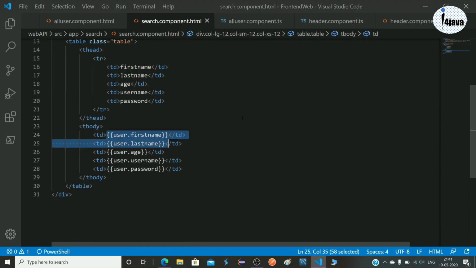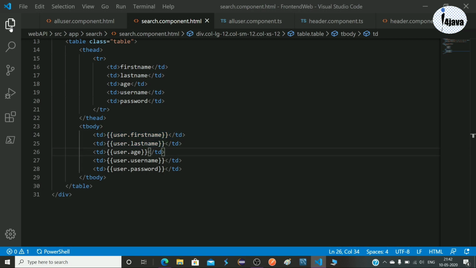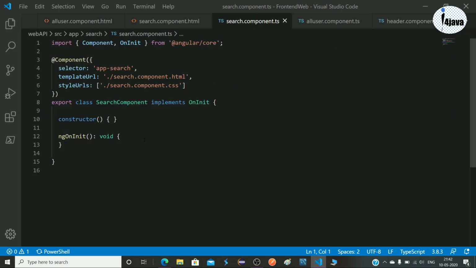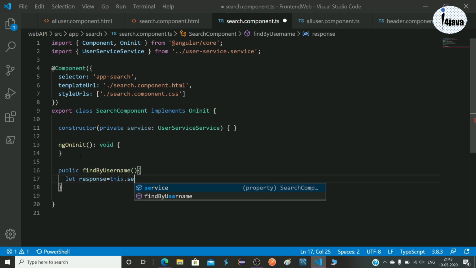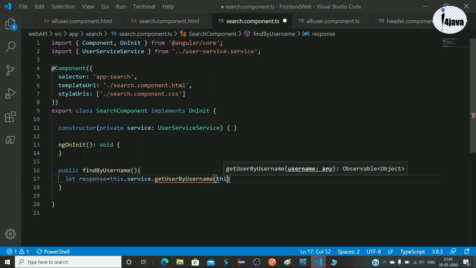Now let's go to our search component class. Here we have to initialize our user service. Create one method where we will pass the name and get the user.